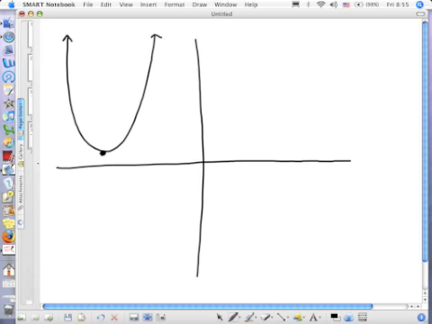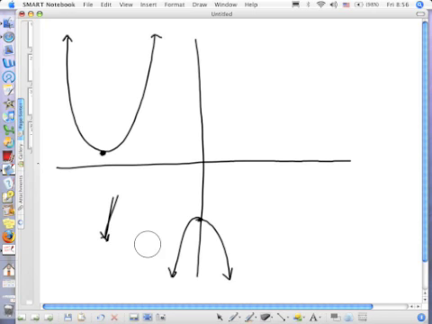Where would the vertex be located if it was opening down and it would never cross the x-axis? Under the x-axis. Anywhere under the x-axis, okay? The vertex could be here. Could be here, opening down. Which one is positive? This is positive, the top one, opening up, okay? Now,